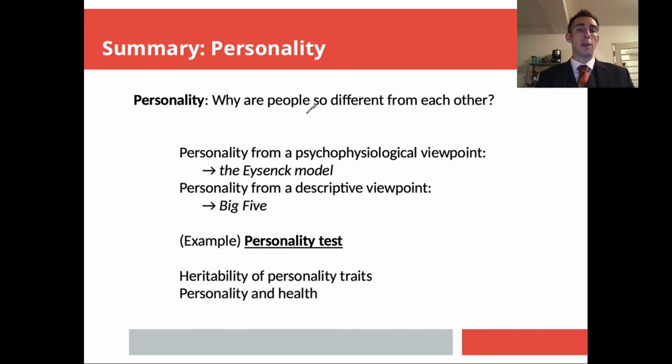Okay, so that's all for personality today. Today we talked about why people are different from one another. Can we categorize people based on their personality? First, we learned about the psychophysiological viewpoint, the Eysenck model, categorizing people as basically having three main traits: extroversion versus introversion,